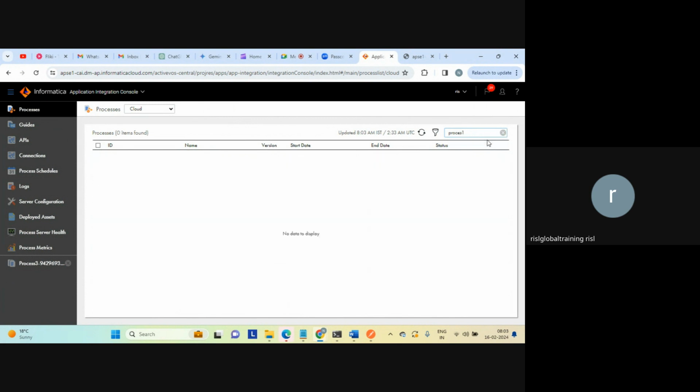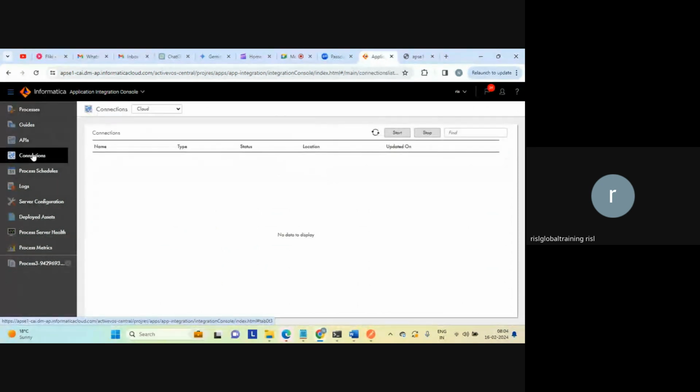If it is not there, it will not display. Now I have just given the right one, only one process can be seen here, which is faulted. Whatever the reason could be. So that's it. And similarly APIs, connections, all that we can monitor here,